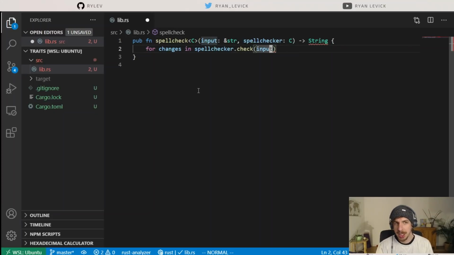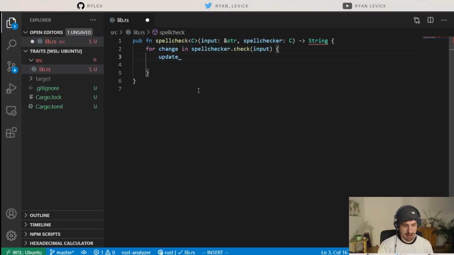So the spell checker will have a method on it called check, and we're going to pass an input string into it, and it's going to return a collection of changes on that input. And then for each change that the spell checker returns to us, then we'll do something like,